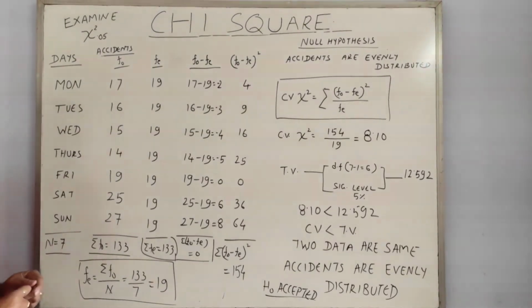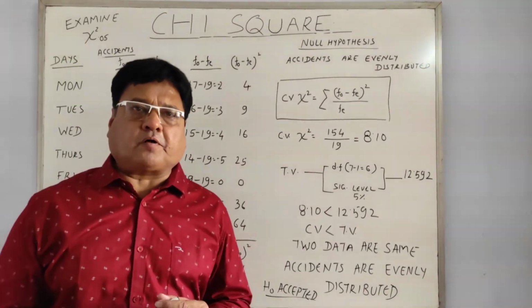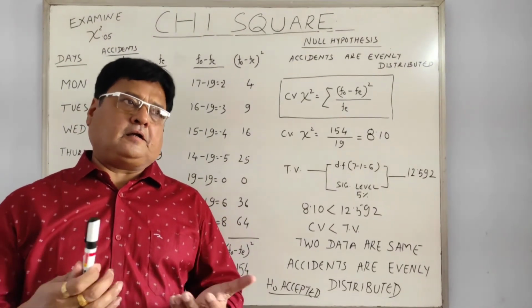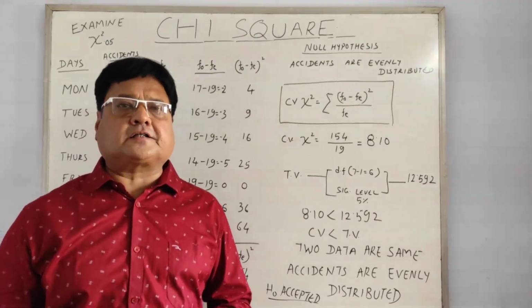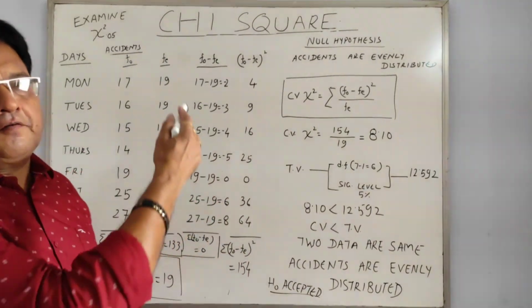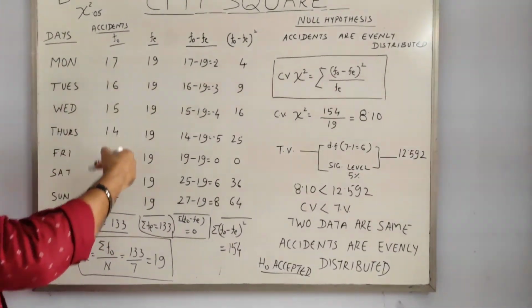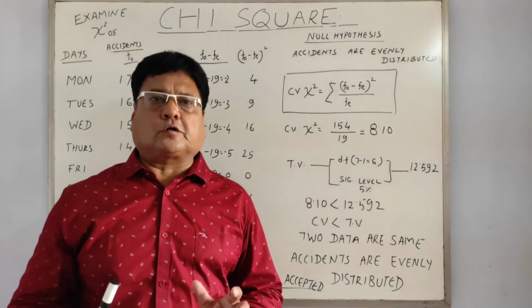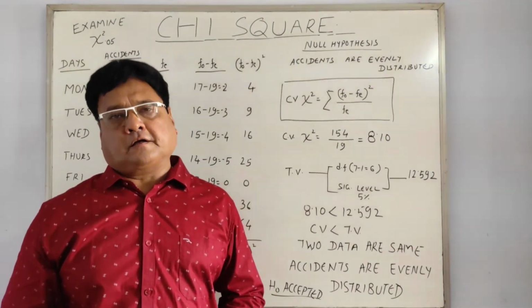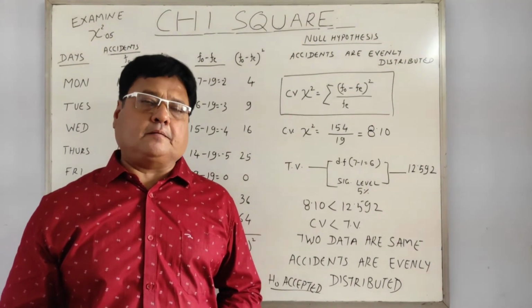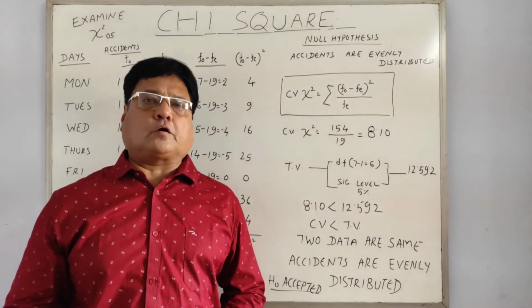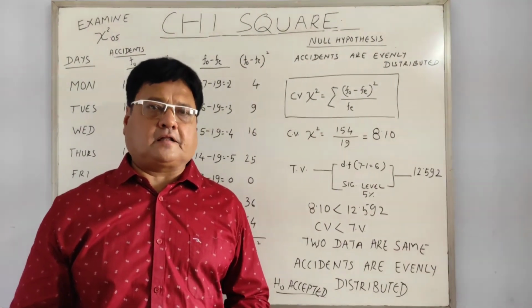So we have already understood different types of chi-square. We have taken the 2 by 2 table, we have taken the 3 by 3 table, we have taken Yates's correction, and then we have taken the linear question of all days and compared that. So with this, your chi-square is completed and your unit 4 of the quantitative technique BBA syllabus is completed, and otherwise also this chi-square will be important for other courses like operation research and so many other courses.